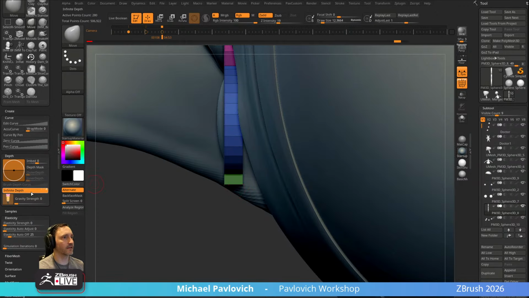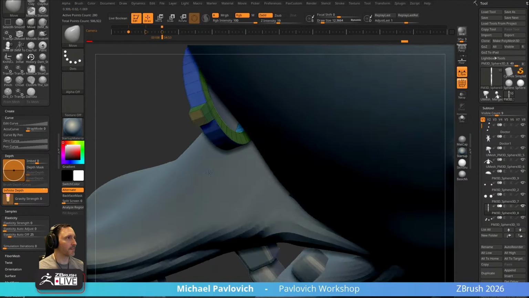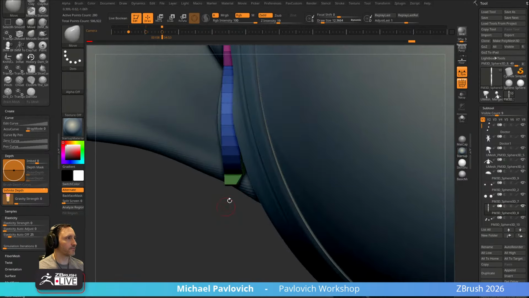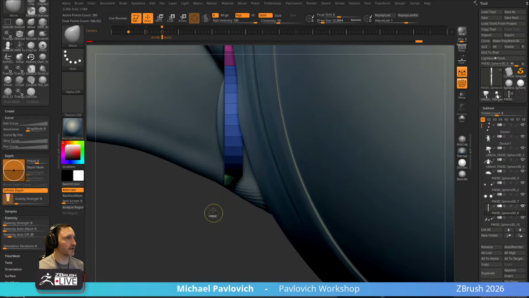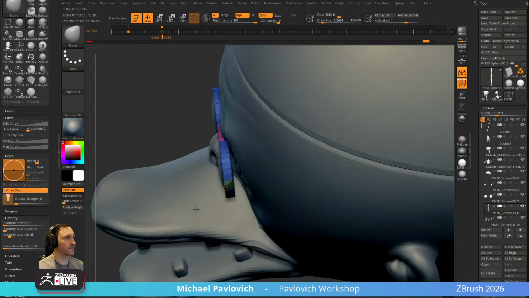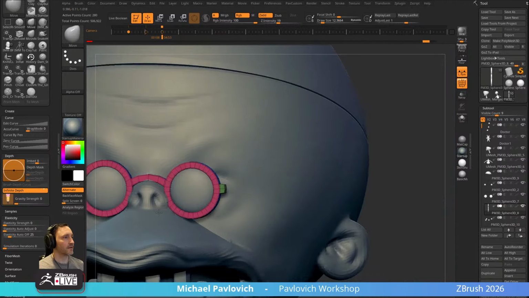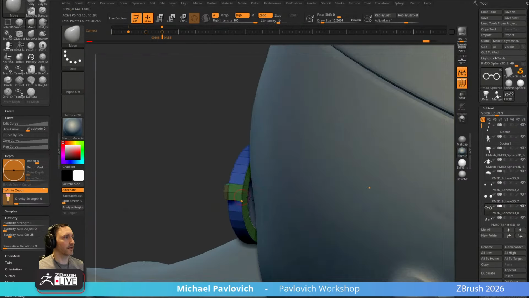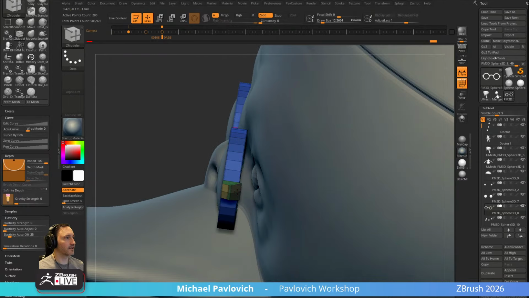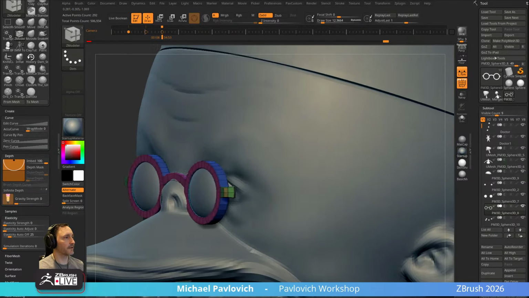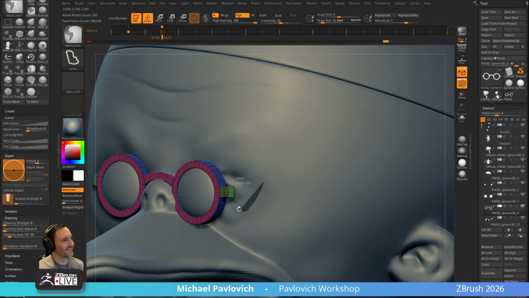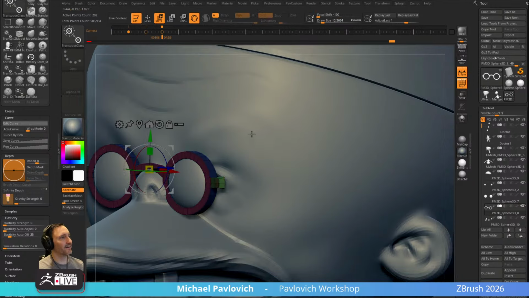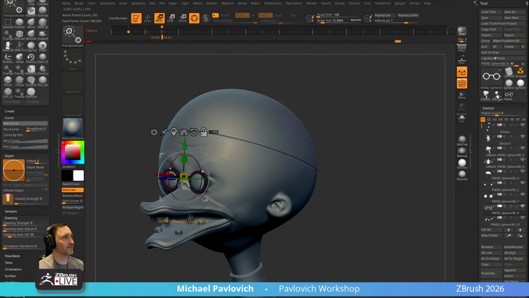So let's turn on our infinite depth into the Y direction, because I want these to kind of angle back to where that ear is a little bit. I want to maintain that roundness. Okay, so I'm going to Alt drag over these. I'm going to Q mesh this out just a little bit, and then I'm going to go to the side. I'm going to unmask those. Go to unmask mesh center,